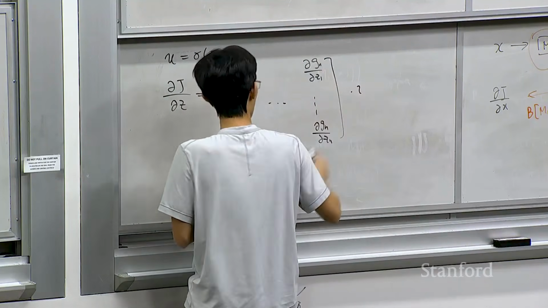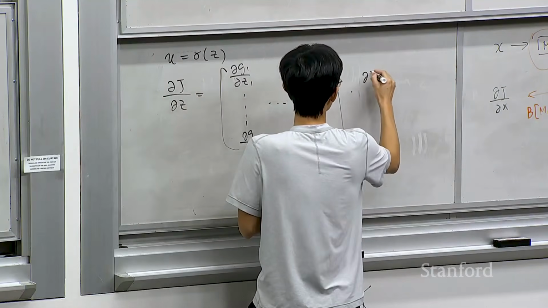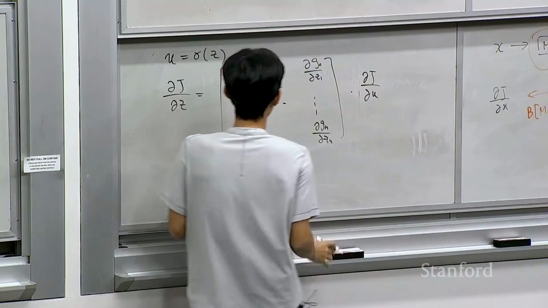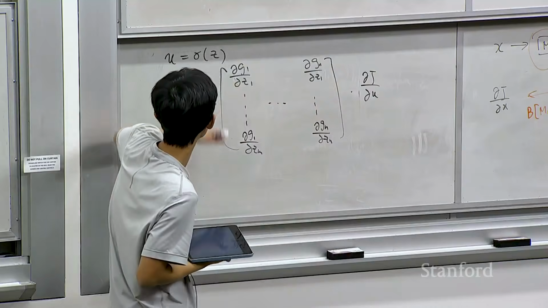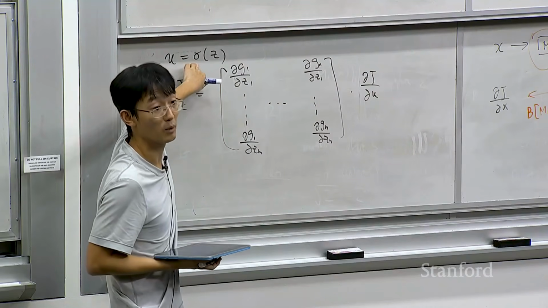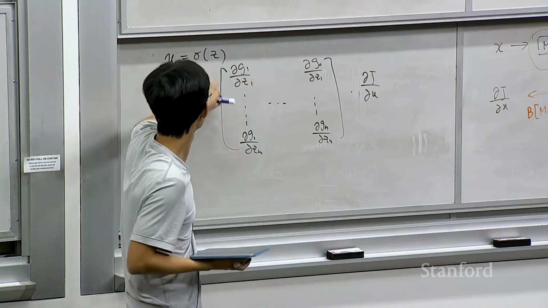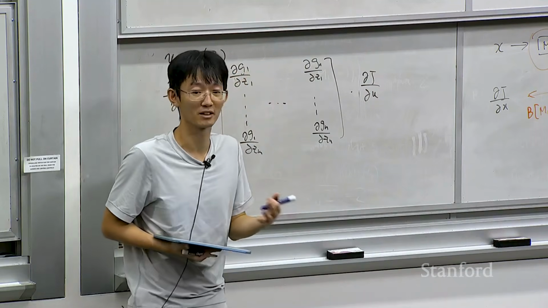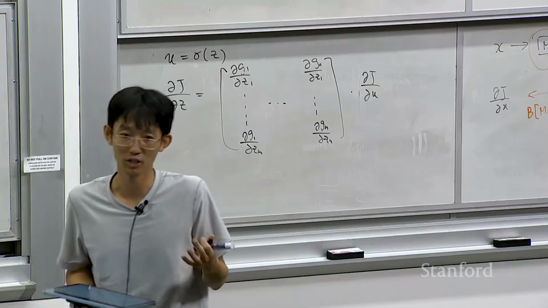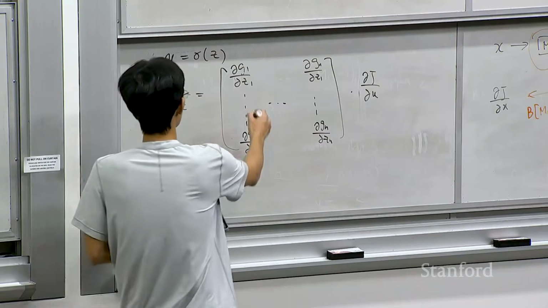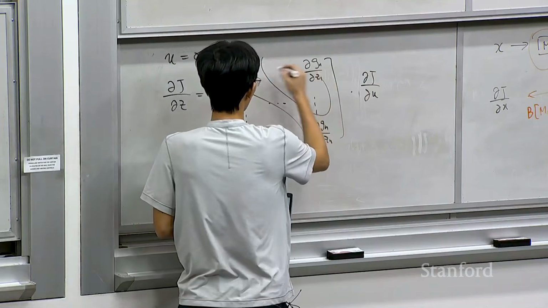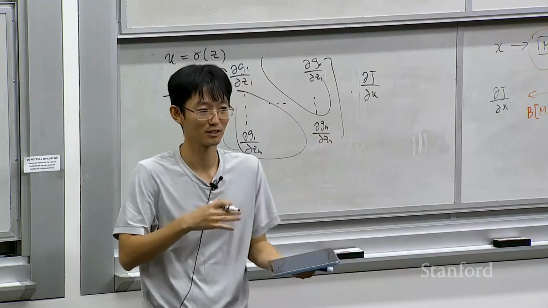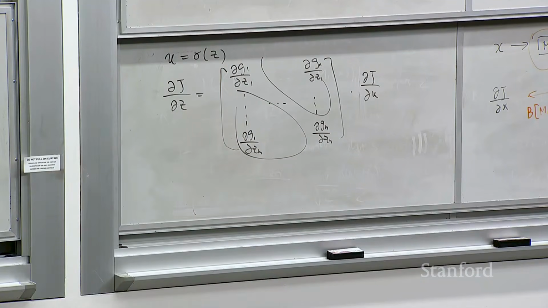Times this. And this matrix is much easier because this is element-wise application. So the ith output doesn't really depend on the jth input if i is not equal to j. So everything here is 0, everything here is 0 except the diagonal because there's no dependencies between cross